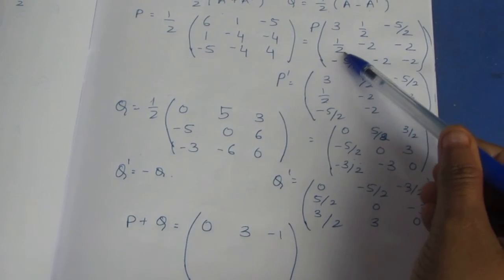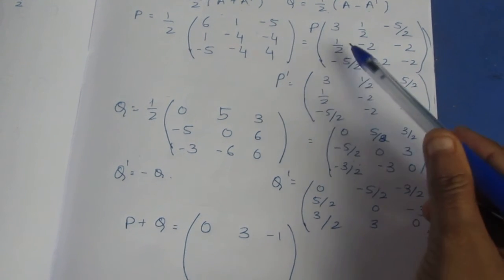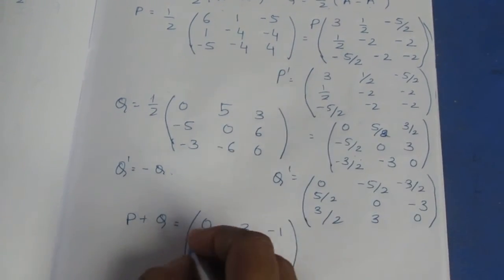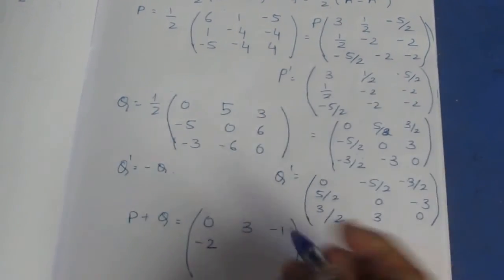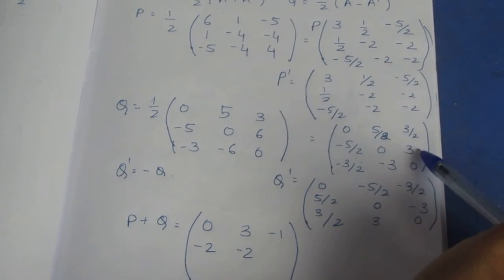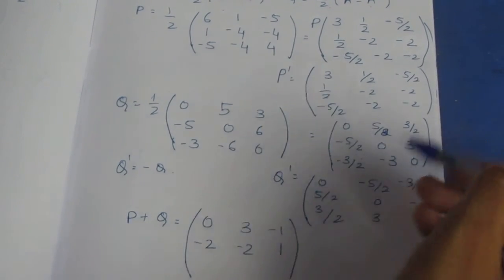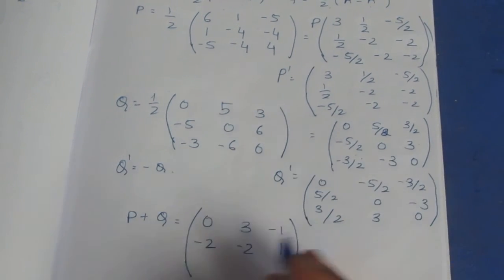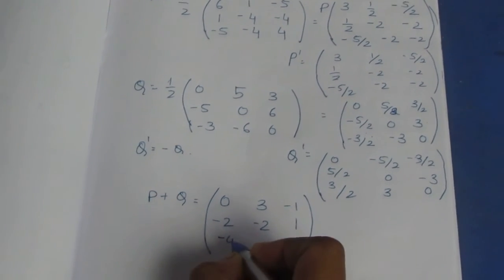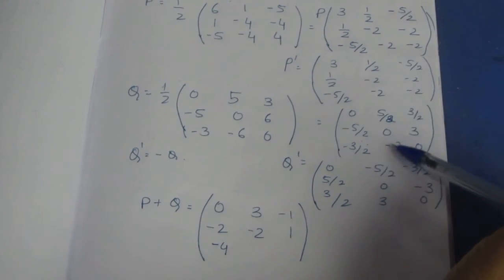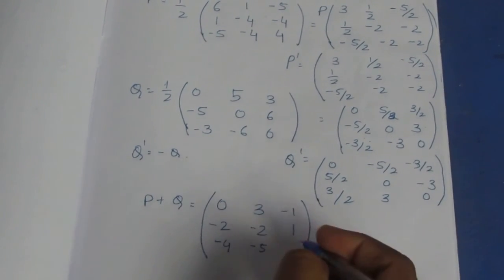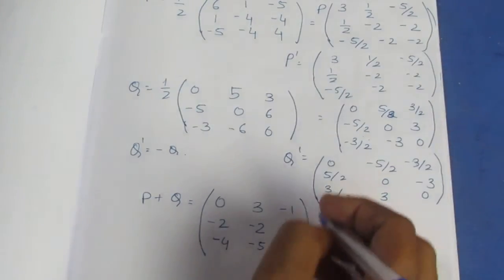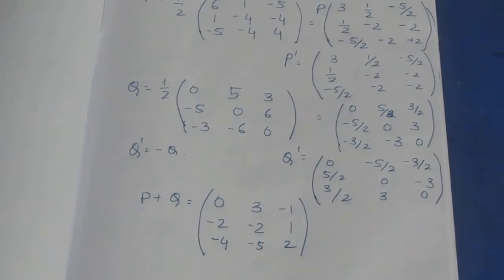Here in the second case, half minus 5. The denominator is same, so leave the denominator, add the numerator. It becomes minus 4. Minus 4 by 2 is minus 2. Now here minus 2. Here minus 2 plus 3 is 1. Here minus 5. So here it becomes minus 8 in the numerator. Divided by 2 it becomes minus 4. Now in this here it becomes minus 5. Minus 2 plus 0 becomes minus 2. Plus 2 becomes 2 plus 0 will become 2.